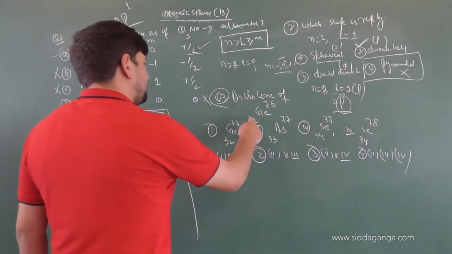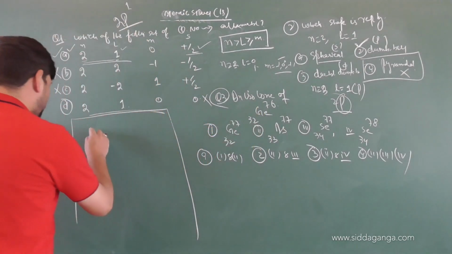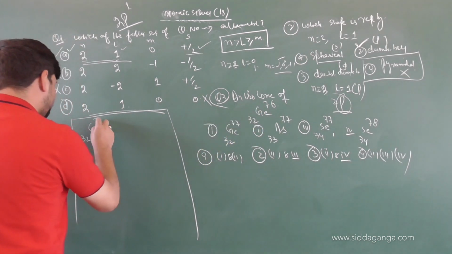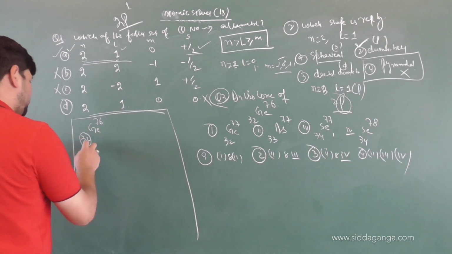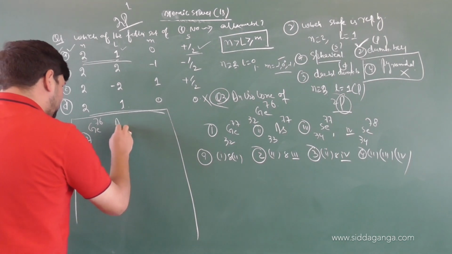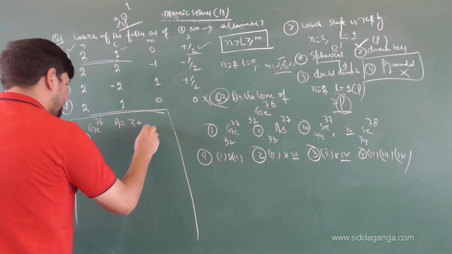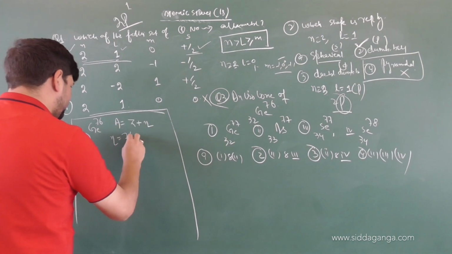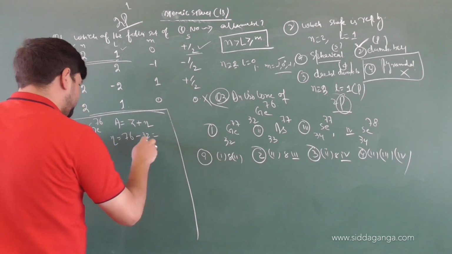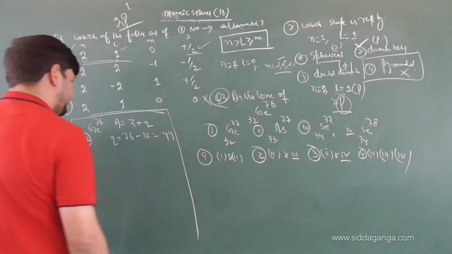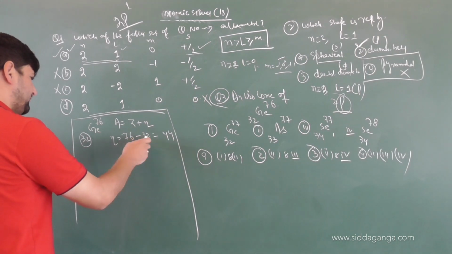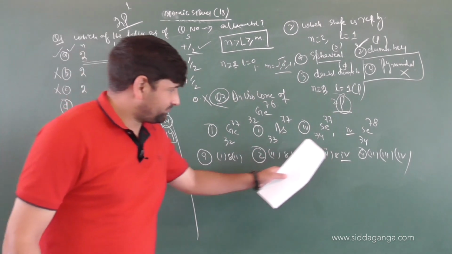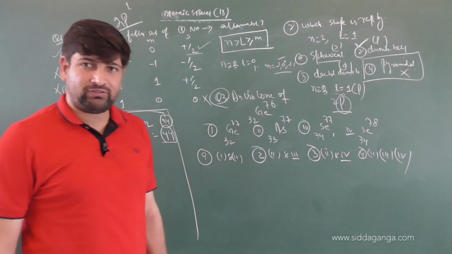First of all, we will calculate the number of neutrons in the given question, that is germanium. So we have been given germanium, atomic number is 32 and mass number is what? Given to you 76. Correct or not? We know atomic number is number of protons. So what is mass number equal to? Mass number equals atomic number, that is Z, plus number of neutrons. So let us see number of neutrons here. It will be A, that is 76 minus 32. That makes it 44. Clear or not? So the number of neutrons are how many? 44. Now any of these where the number of neutrons will be 44 will be our correct option.